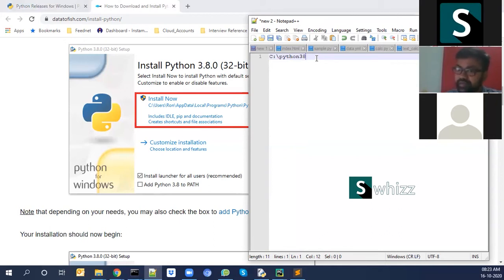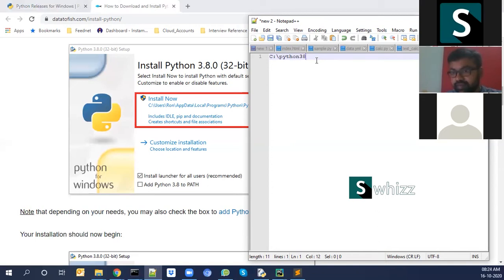After typing this one, please press next. And in advanced options, only three options are checked above: associate files with Python, create shortcuts for installed applications, add Python to environment variables. Only those three, right? No, no, keep all options, select all the options in advanced options as well. Whatever the checkbox features are, like debugging, logger, debugger, so many options will be there. So select all the things.